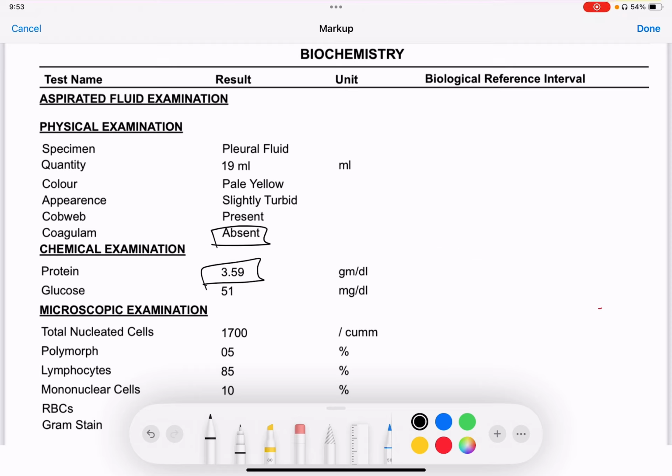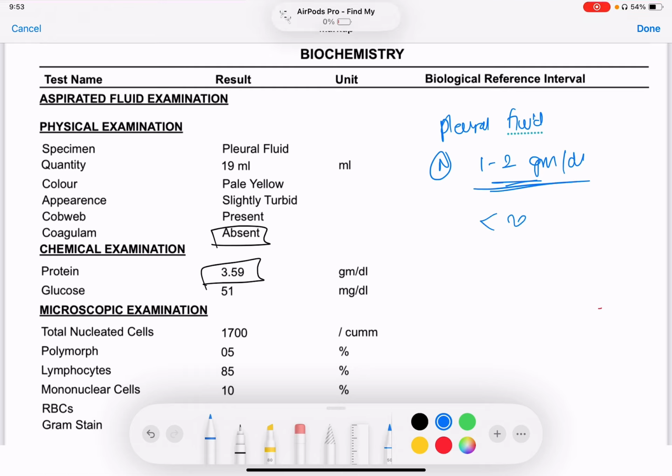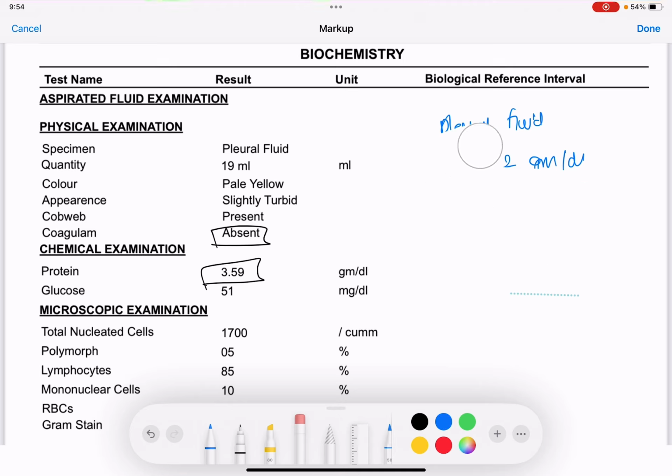The next most important thing is protein. We know that pleural fluid should have proteins, normally less than 2 gram per deciliter. So if the proteins are less than 2 gram per deciliter, it can definitely suggest transudative pleural effusion. If the proteins are more than 2 gram per deciliter, then the chances of it being exudative are very high. And we know, whenever we see exudate, it means most of the time it is infective, or it can be